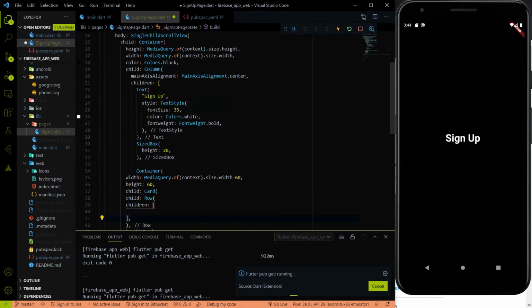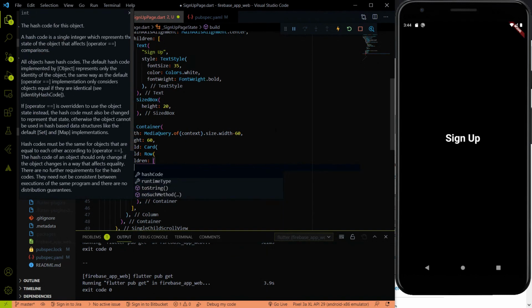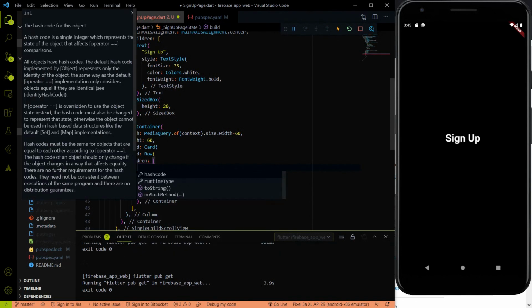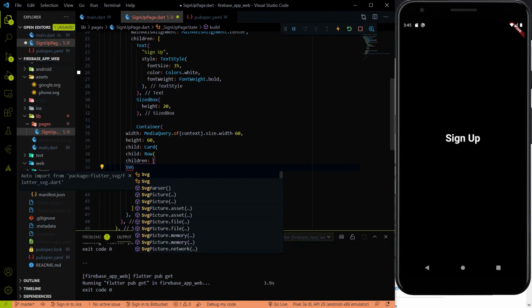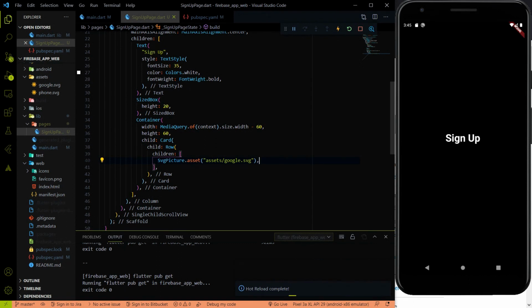and we can use this Flutter SVG over here. Okay, till it imports, let me use the Flutter SVG dot svg dot asset. Okay, it has imported right now. SvgPicture dot asset, and I have to provide the asset name. So the asset name is assets slash google dot svg. Okay, if I hit the save, then you can see that the svg picture came here,